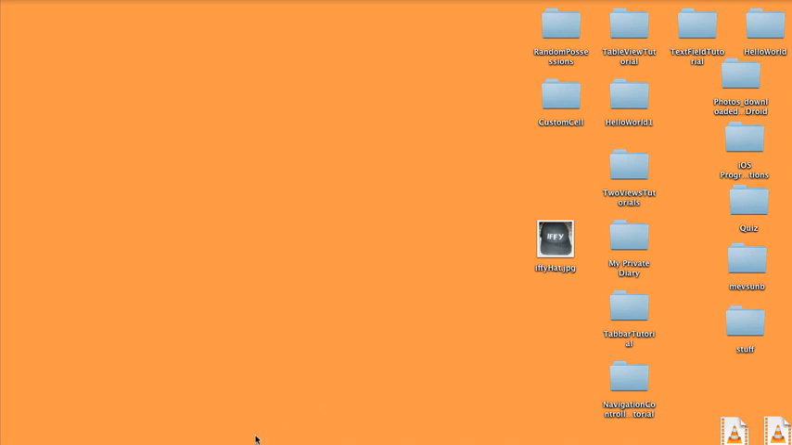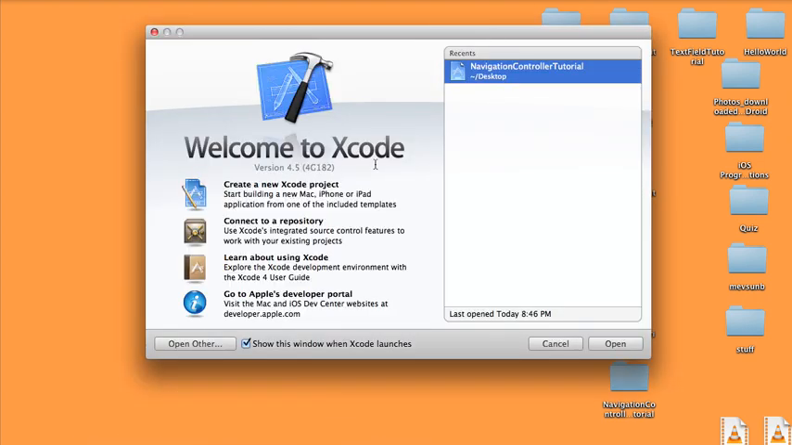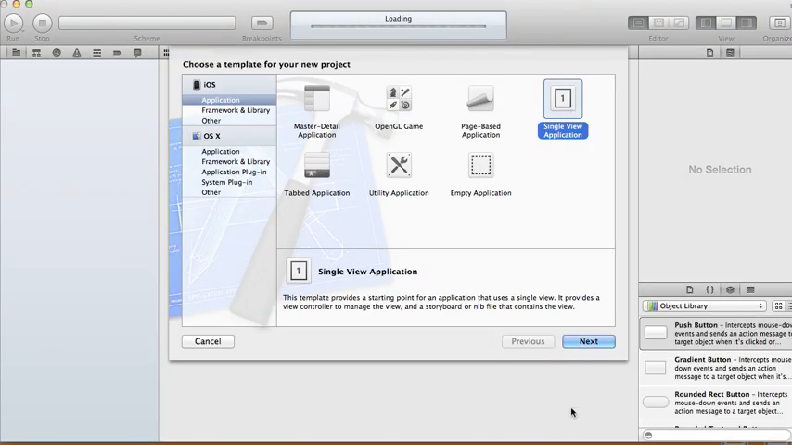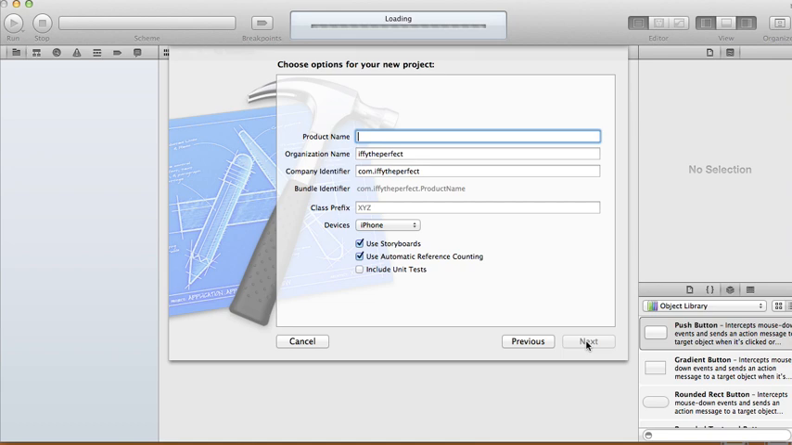Hi, today I'm going to show you how to create a table view with a custom cell, and I'm going to do this using Storyboard. So just open up Xcode and create a new Xcode project, and we're going to choose a single view application,